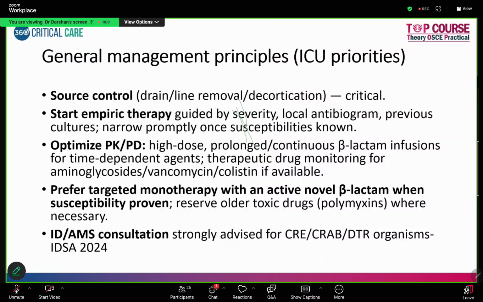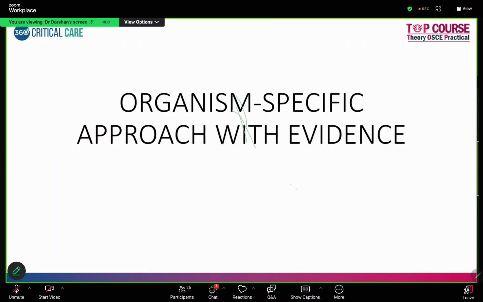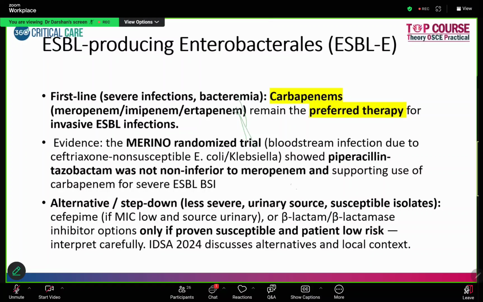So this is one place that you need to focus on when they ask you a question about management of MDR GNB. Coming to the approach of individual organisms, till now it was all a generalized way. So you need to write this part for any organism they ask. If at all they ask you CRE, CRAB, anything, or Pseudomonas also, you can write all these things. Then you need to write per se what you will do for that particular organism, starting with ESBL